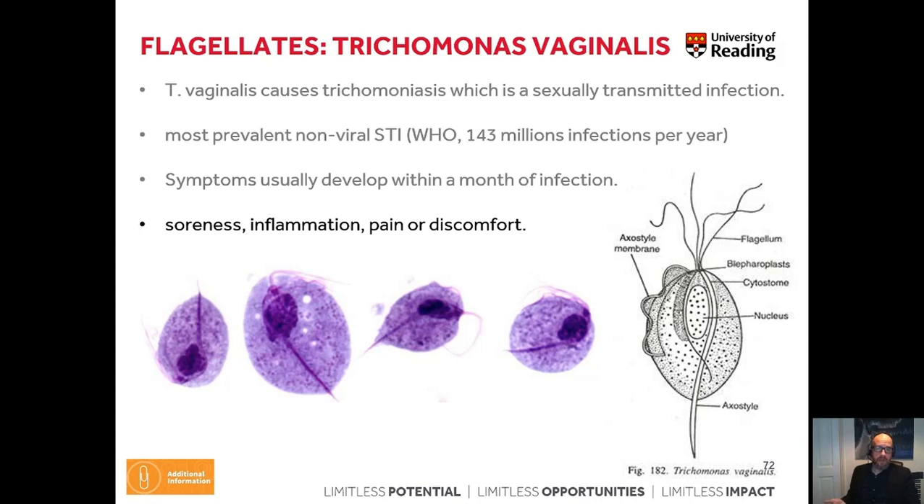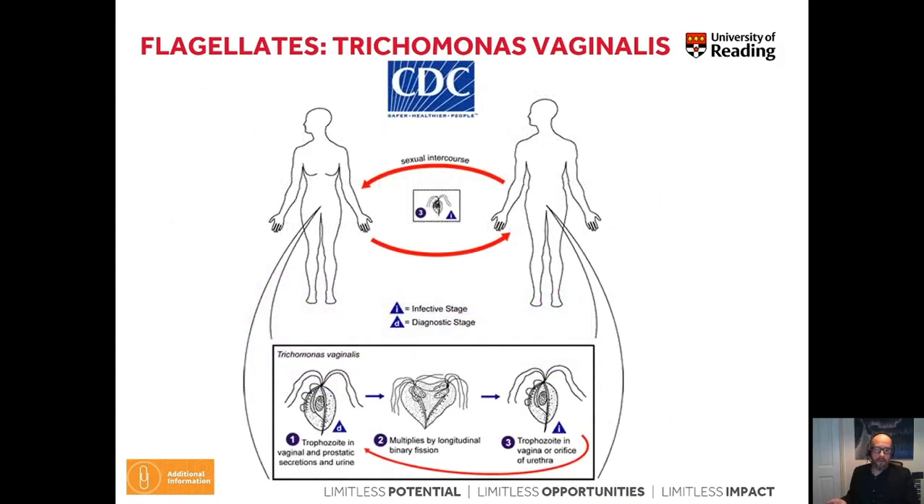The symptoms of infection are soreness, inflammation, pain, and also discomfort. So how does the life cycle of this parasite look like? It starts with the infectious form of the parasite, which can be transmitted during sexual intercourse. It can be transmitted both from the female to male and the other way around, and it can also be transmitted